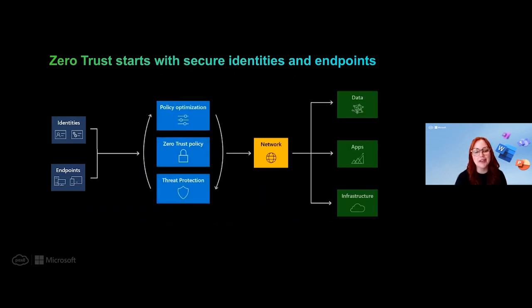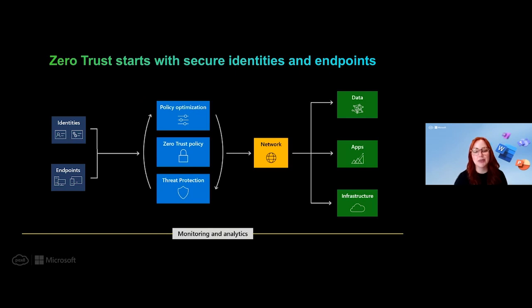But before going deeper, let's examine the connection between securing access across identities and endpoints and a holistic zero trust architecture. So this is an example of technical architecture for a zero trust framework. It extends to the entire digital estate: identities, endpoints, data, apps, infrastructure, and network. It should also be integrated via critical cross-workload capabilities. A dynamic zero trust policy should include pervasive threat protection that relies on telemetry, threat intelligence, and analytics across each